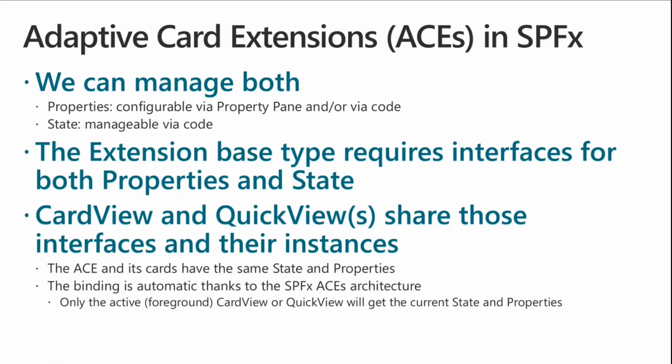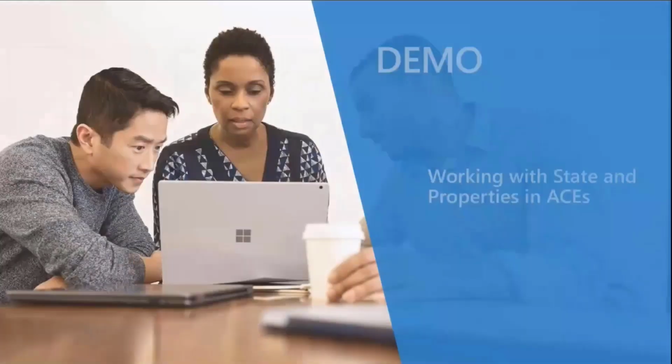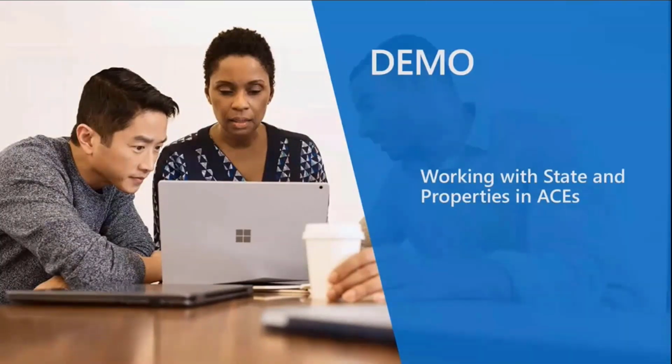And once you have the state and properties in your card, you can then use those objects and the properties of those objects as the source for data binding, for example, in the UI, as we will see in one of the upcoming demos in the upcoming SIG calls, as well as provide custom logic inside your cards based on the state and the properties of the adaptive card extension component. So that said, let me move to the demo environment and let's see how we can play with state and